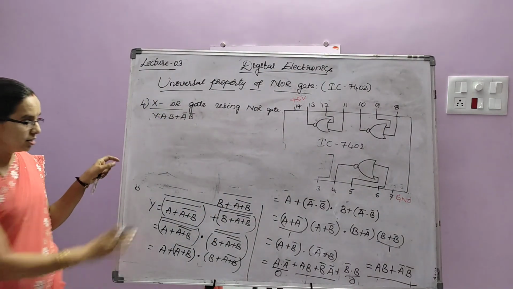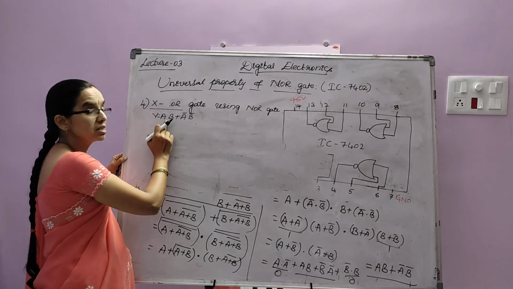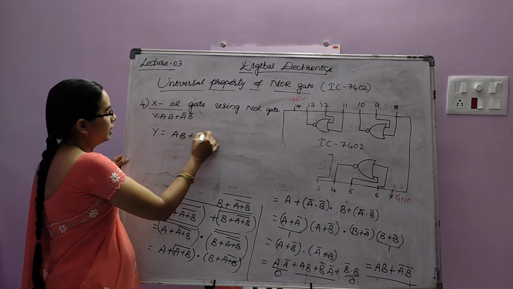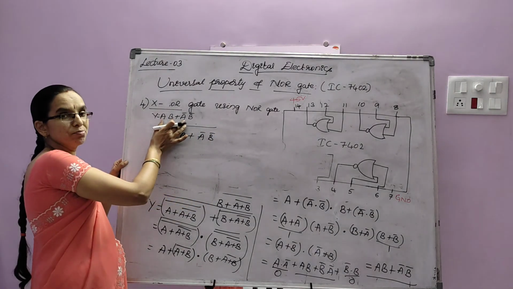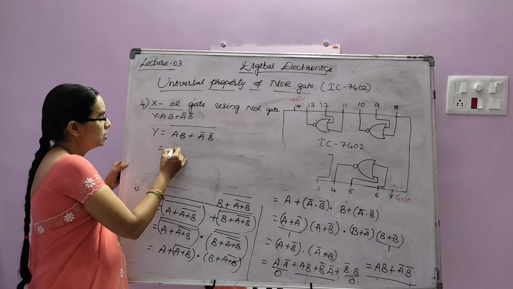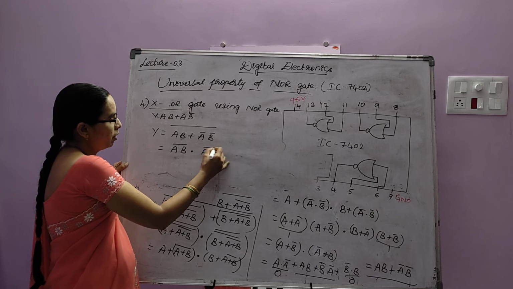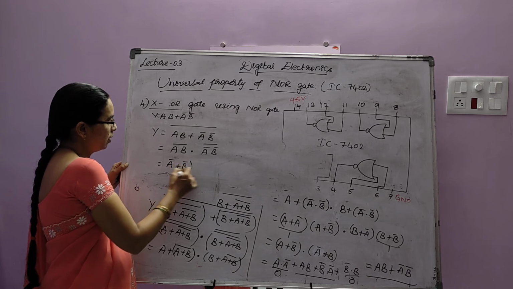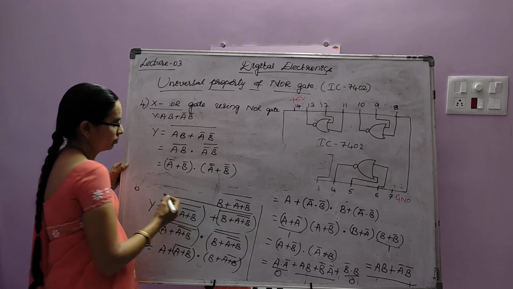See, this simplification you understood. At the output we have got this one. This is passed to the NOT gate, then (AB plus A bar B bar) whole bar it will be. Once this input is passed through a NOT gate, it will be complemented. So (AB) whole bar dot (A bar B bar) whole bar it will be. So if I split this, (A bar plus B bar) dot (A double bar plus B double bar).